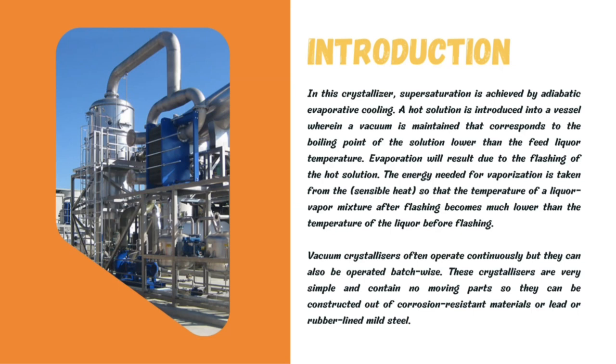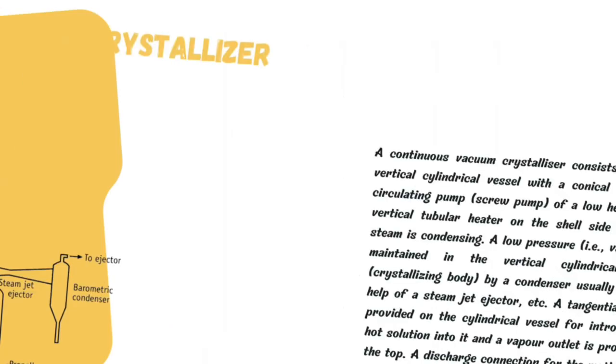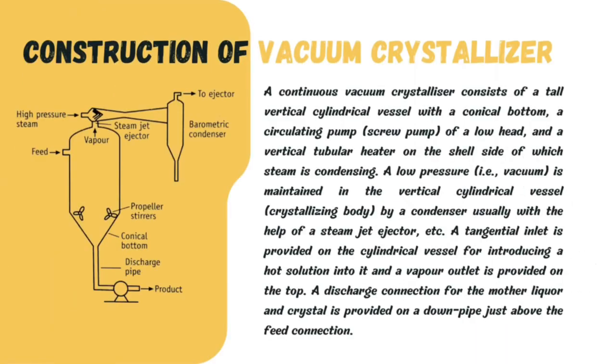Now, coming to the construction of a vacuum crystallizer. A continuous vacuum crystallizer consists of a tall vertical cylindrical vessel with a conical bottom, just as displayed on the screen, a circulating pump of low head, and a vertical tubular heater on the shell side of which steam is condensing. A low pressure is maintained in the vertical cylindrical vessel by a condenser, usually with the help of a